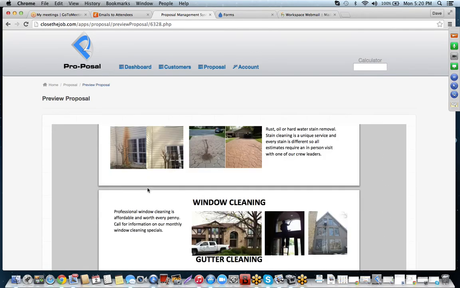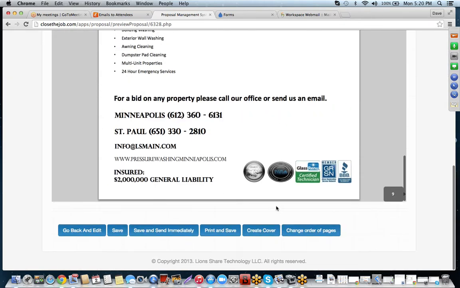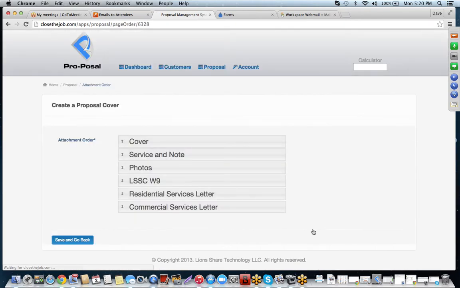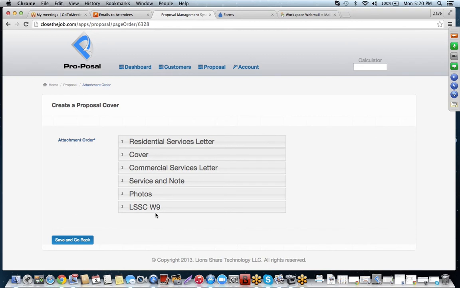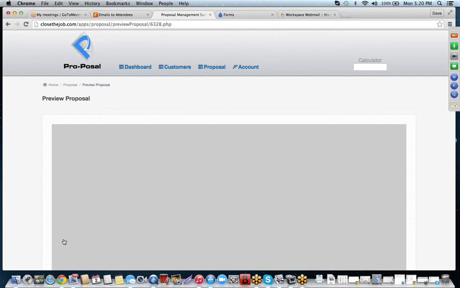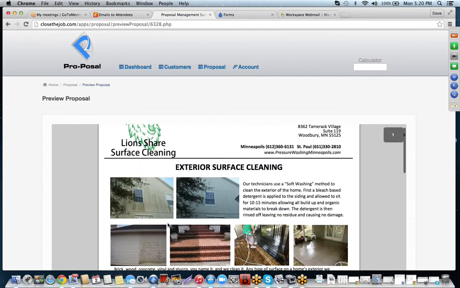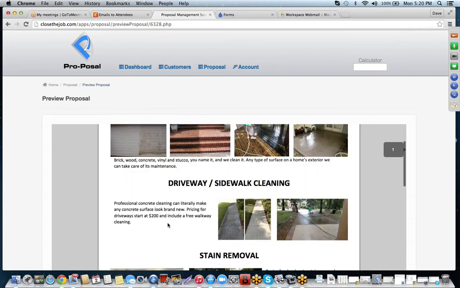Another really cool option that we have here that we added to the program is being able to change the order of pages. So let's say we want our residential service letter first, our commercial service letter second. We want our service and notes section at the end, but we're going to take the pictures and put them first. In any order that you guys want, you can rearrange your attachments now so that if you want your customers to first see your service letter